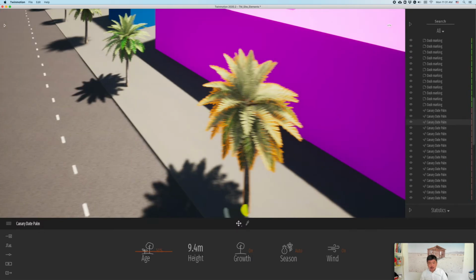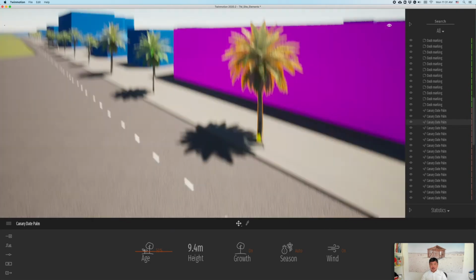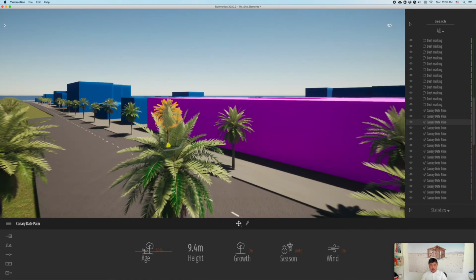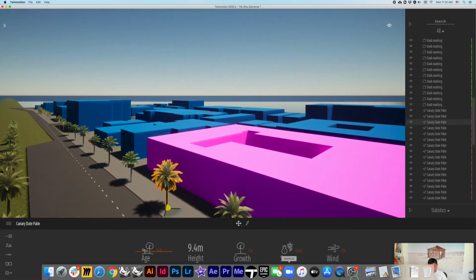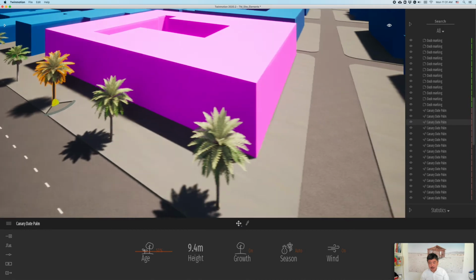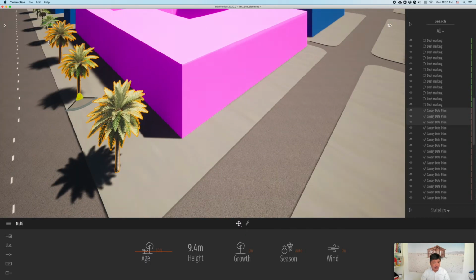So if you press F key on your keyboard, it's going to center around your site. And a couple of other things that I can do is to add street lamps, and maybe I could add more trees around this area. So command or control click to add to selection, which is, you know, a little bit annoying. But and then shift drag